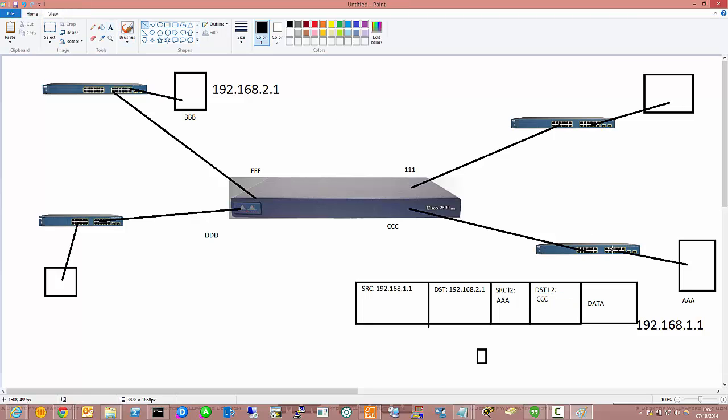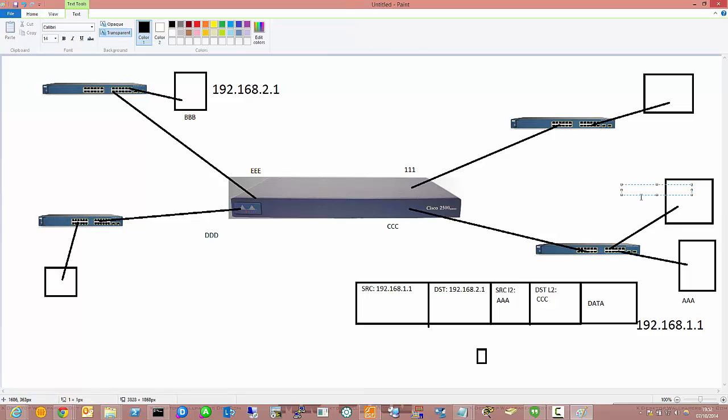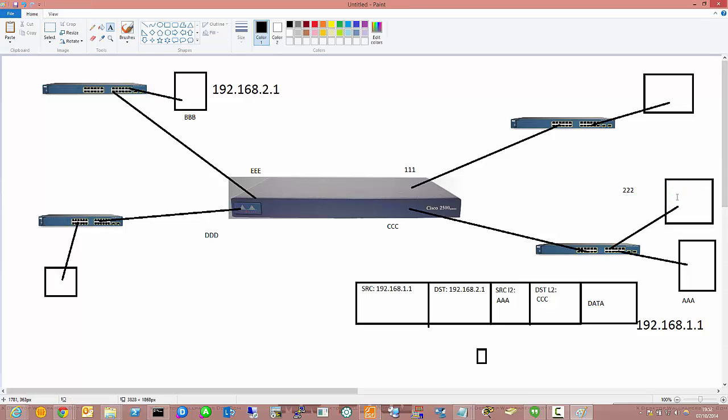Let's make it even more interesting. Let's put another device here on this switch, and call the MAC address of this device 222. So if this machine wants to send a message to this other machine, what will be in the